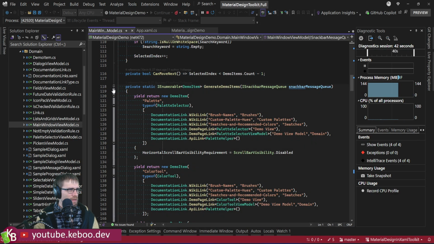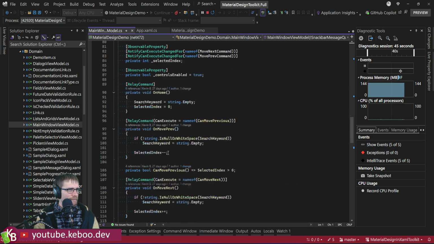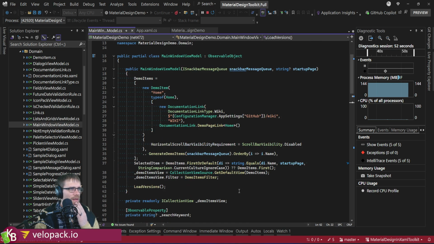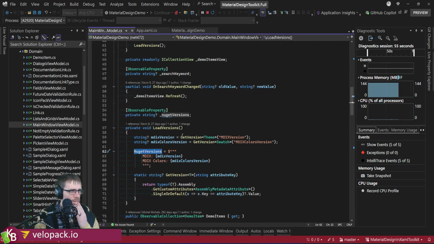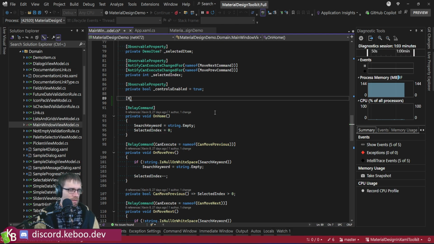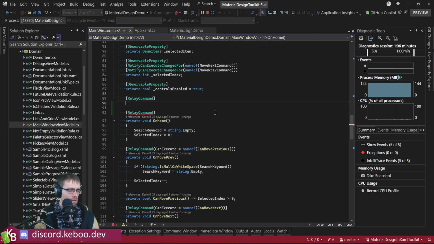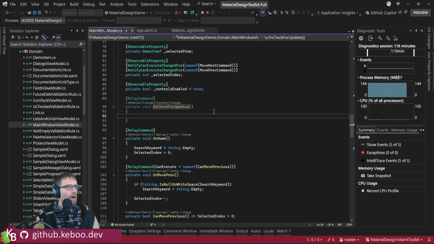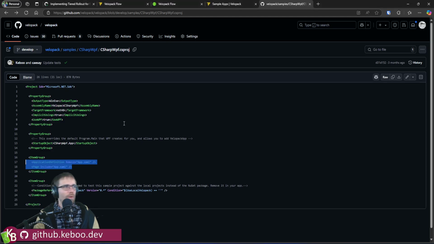On move next, this gets all the stuff, the demos items filter, because there's the NuGet versions getting populated there. So we could put it in here. Let's do that. So, a relay command, private void check for updates. Well, I like to prefix it with On. Okay, so the update path for Velopack